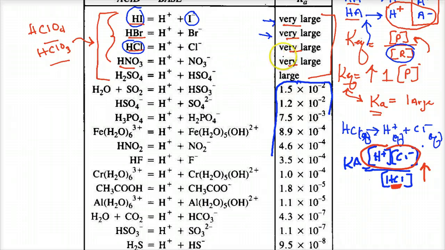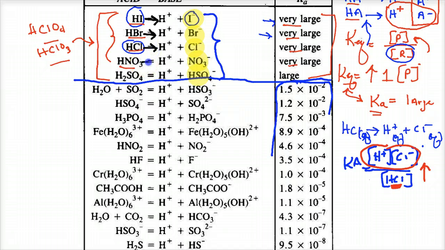So as the Kas get smaller, and the one thing you will notice is that strong acids have very big, approaching infinity-like numbers, and then all of a sudden it drops off very small. So there's no in between. And as I mentioned, the reason is that these conjugate bases have no ability to accept protons and act as a Bronsted-Lowry base and return the reaction backwards. These reactions are really completion reactions that go forward